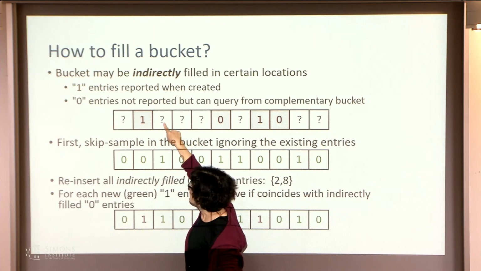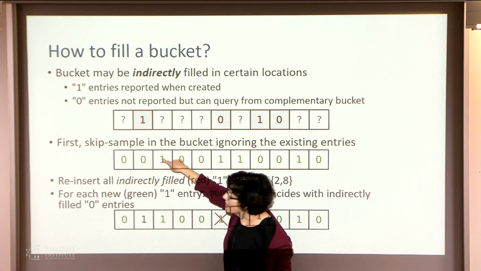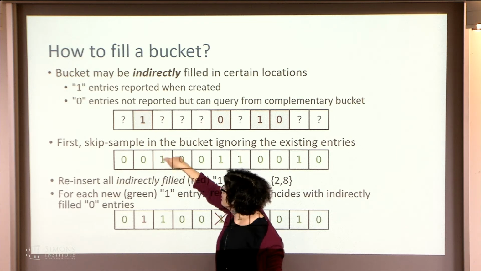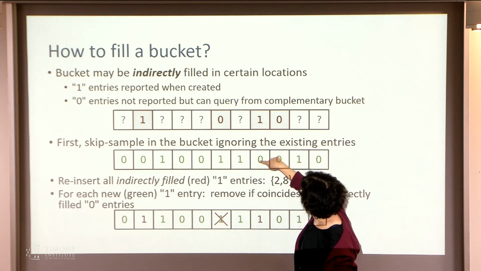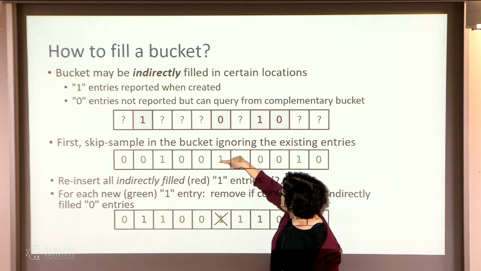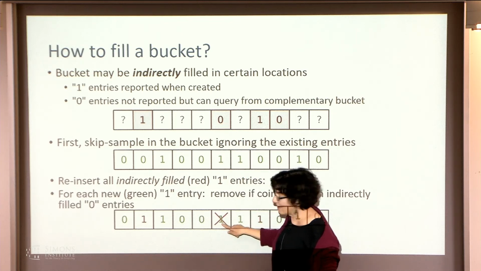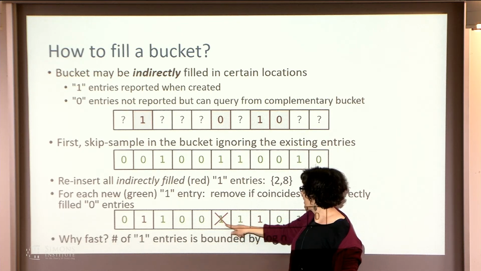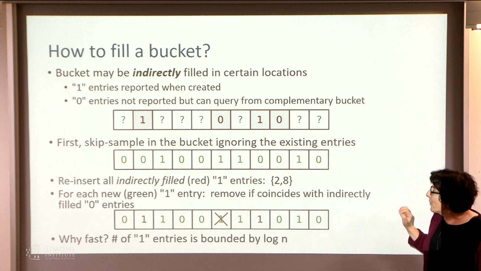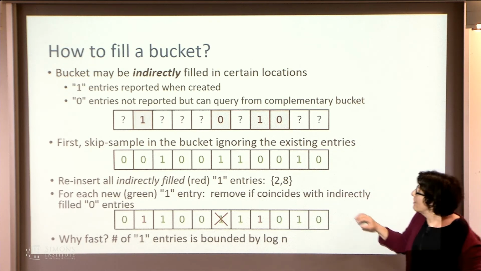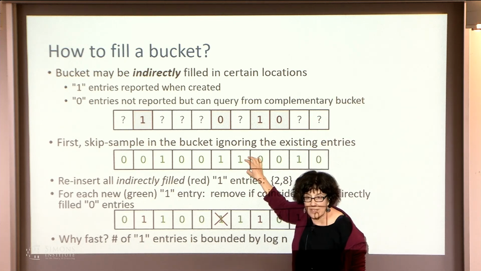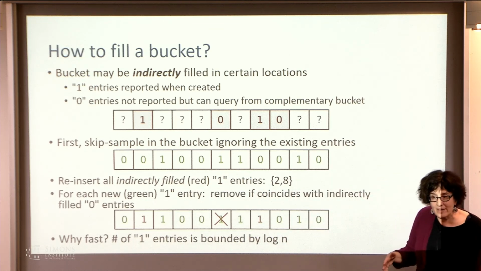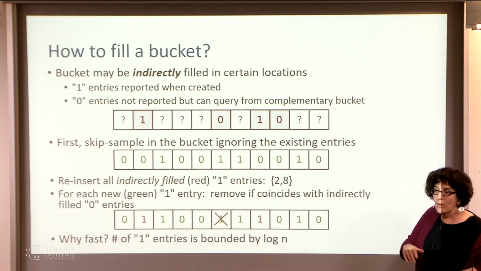Okay, if they filled it in, then they either gave it a 1, in which case they agree with us, so we can keep it, or they gave it a 0, in which case we're going to change it. So where's an example of that? Here, we had a 1, but they gave it a 0, so we're changing this to a 0. Okay? Now the point is we only have to do this for the 1s we already had, which were only a constant number, and the 1s we newly generated, which is also only a constant number. So we don't have to spend much time, just a constant amount of time, to figure out what to fix